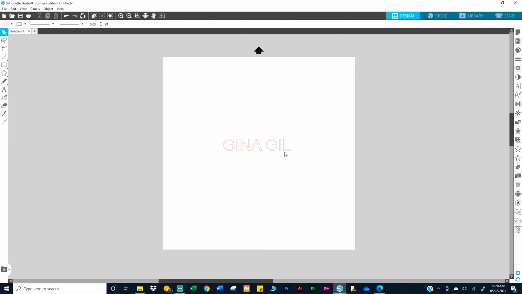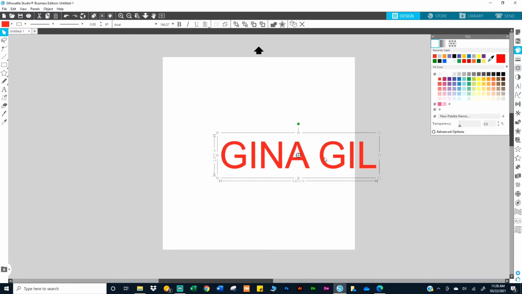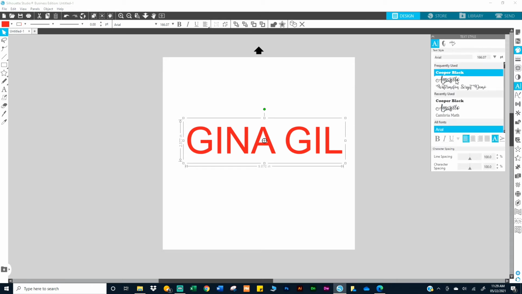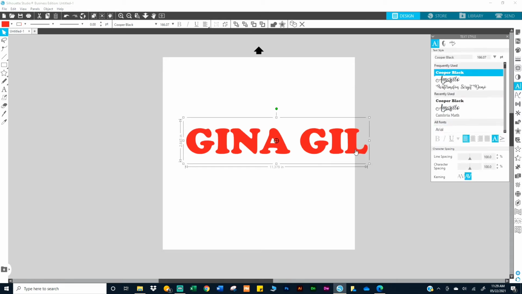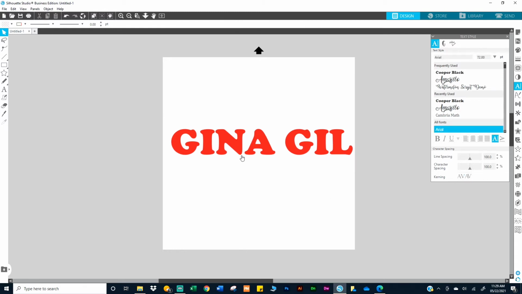Okay, so I'm going to come up here and I'm going to make it red so you can see it better on my screen or on your screen. And I'm going to change the font to something bold. Okay, so that's tip number 1 for text. Again, make sure your caps lock is off and click on T. So that's tip number 1. So tip number 2, let's say